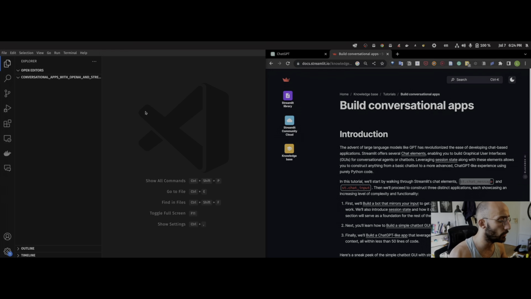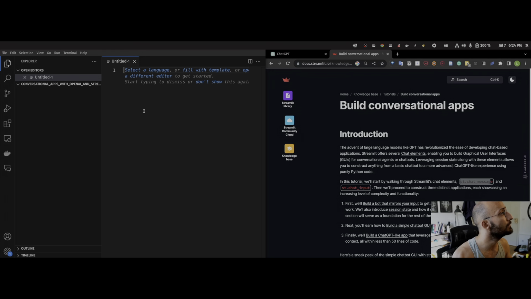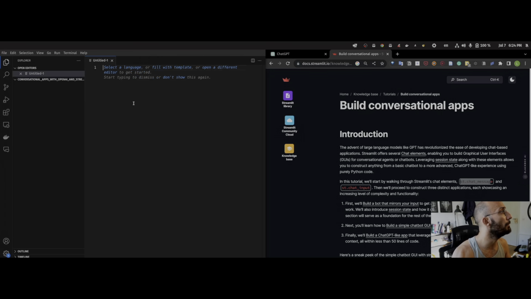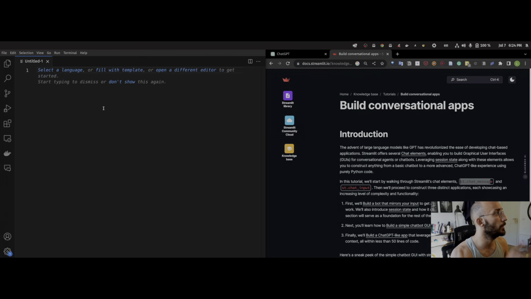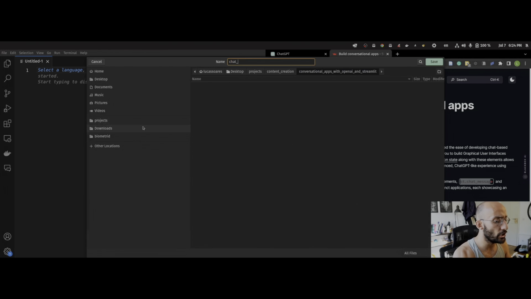So I have my VS Code open here on my left. I'm going to start up a simple app. I'm going to try to make it as big as possible because previously I have been guilty of having code being too small on the screen. And we're going to build a simple chat app,